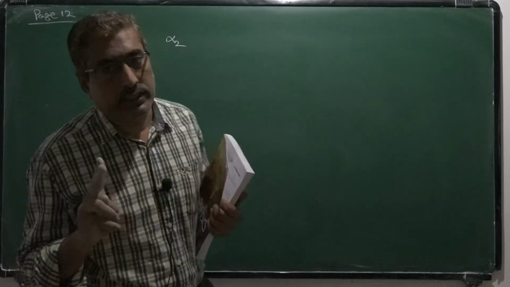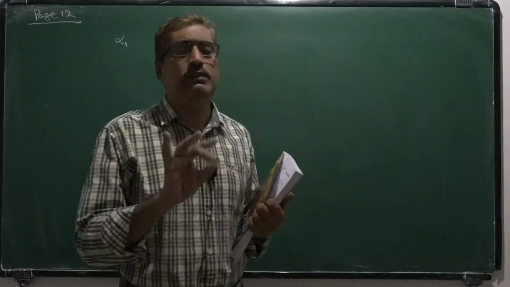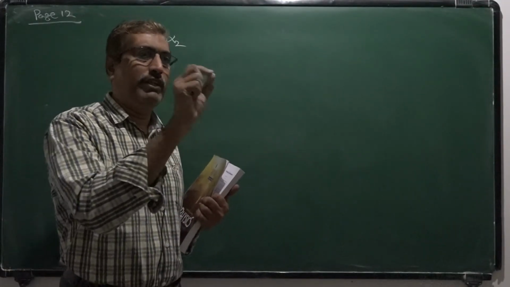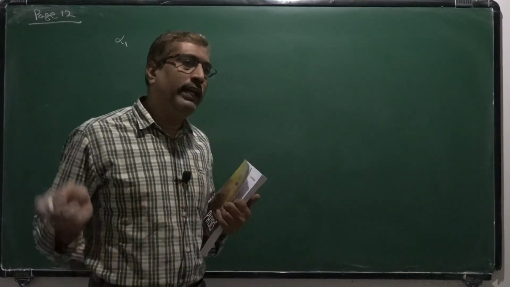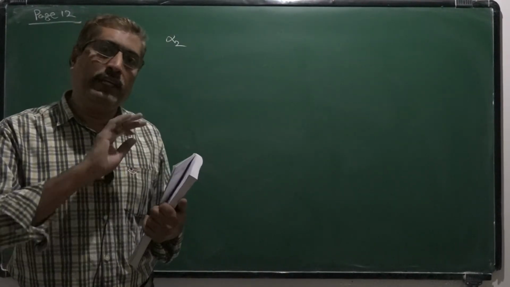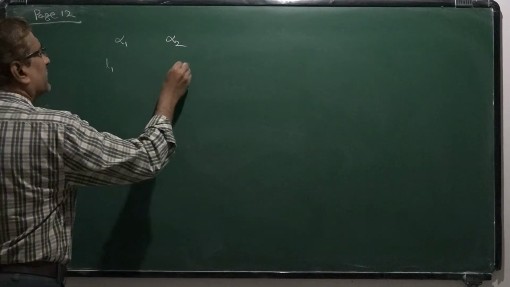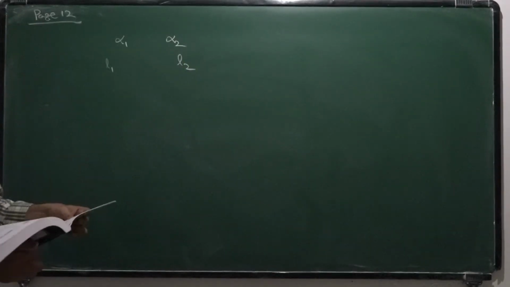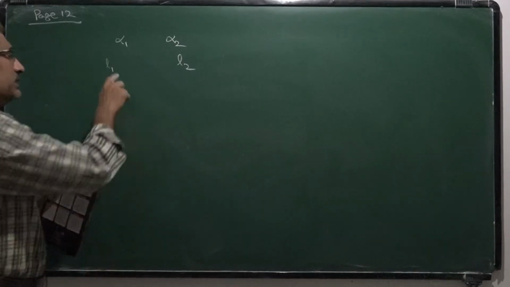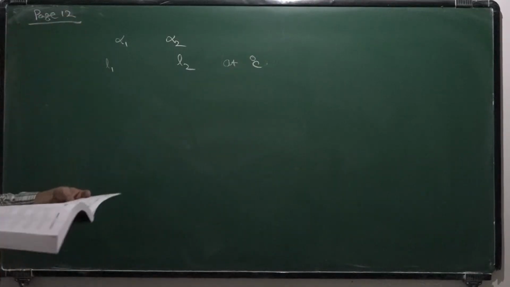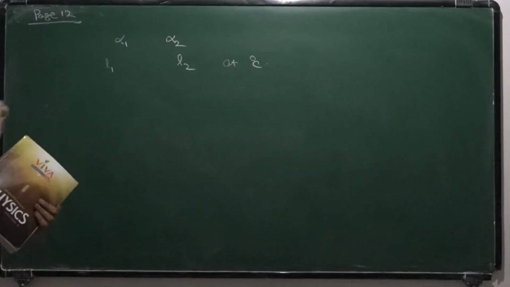That means two wires or two rods of different materials. Different materials means they possess different linear coefficients. So two different coefficients have a particular difference at a particular temperature, they have a difference in their lengths. Now to maintain the length difference same at any temperature, what is the condition? Okay. Now assume that L1 and L2 are the initial lengths at 0 degree centigrade. Now this has to remain the same at any temperature.